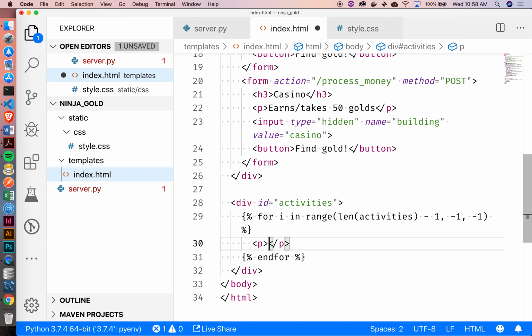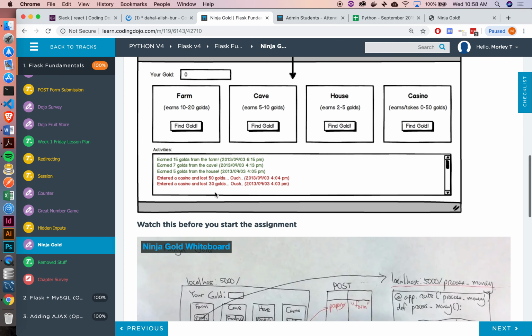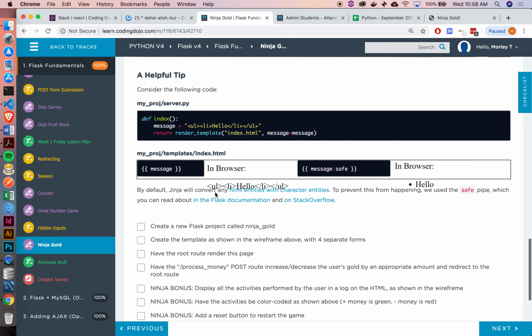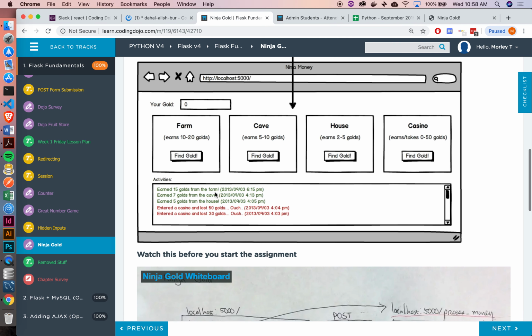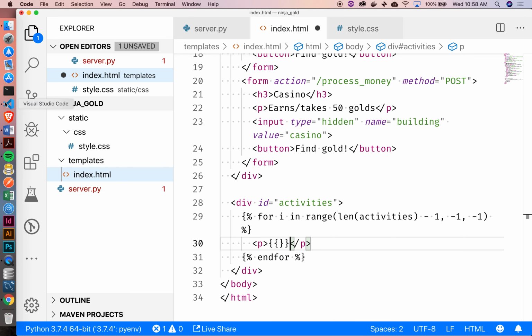And then what I'm going to do is output something. How do I do that again? Double mustache. Let me see what they said we were supposed to say. So something like, oh gosh, I went too far. Okay, so earned whatever or entered. So let's just create sort of an if-then. So we either earned or we lost. So I'm just going to say